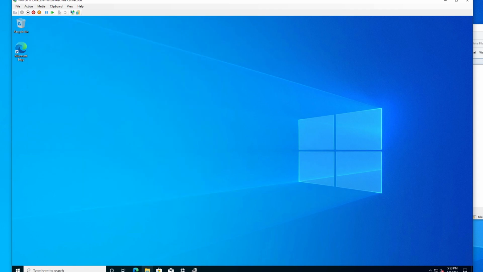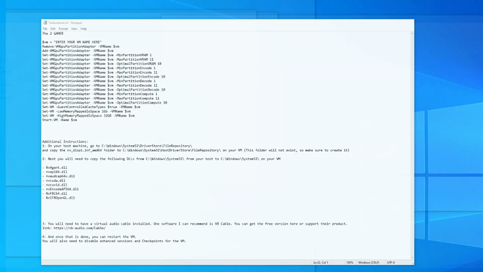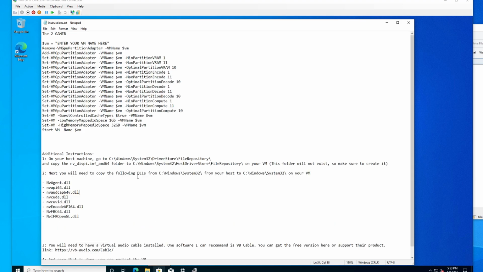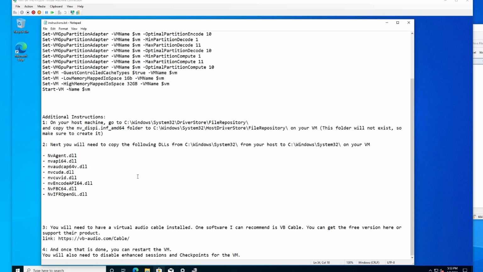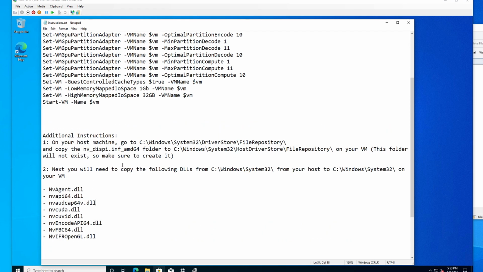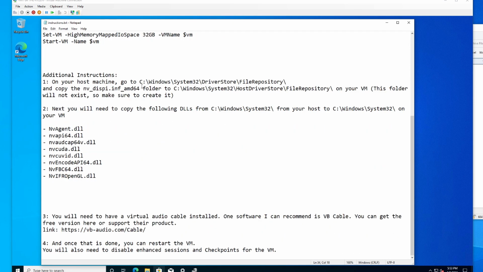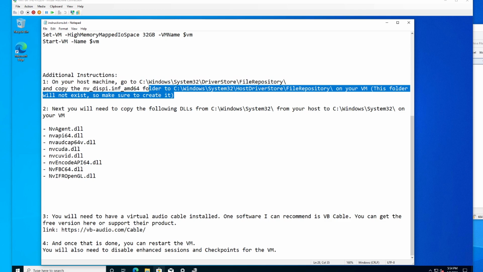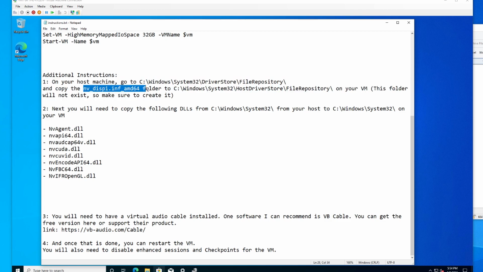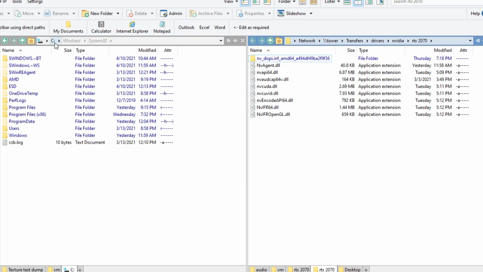So what we've got to do, if we go back to my instructions sheet, we're going to need to grab some DLL files and drivers out of your System32 folder. Oh wait, never mind. I thought I mistyped. So yeah, that's correct. What we're going to need to do first is grab that folder out of the file repository. So over here,